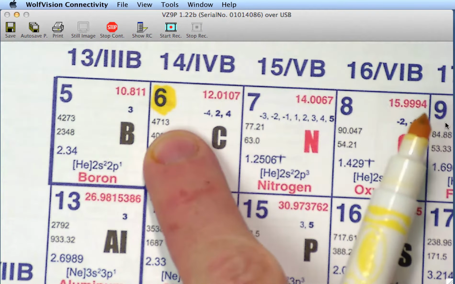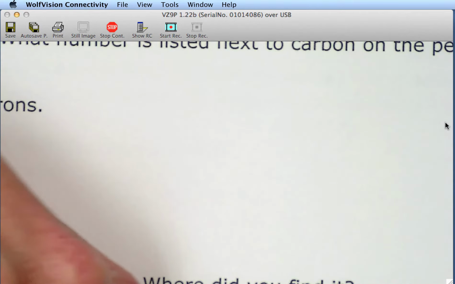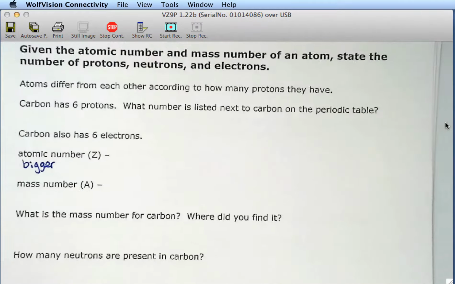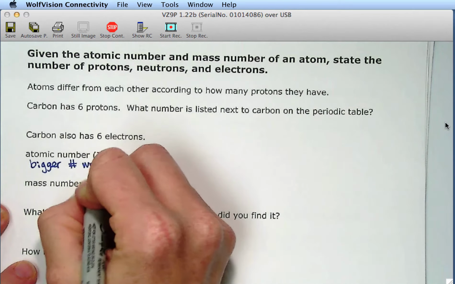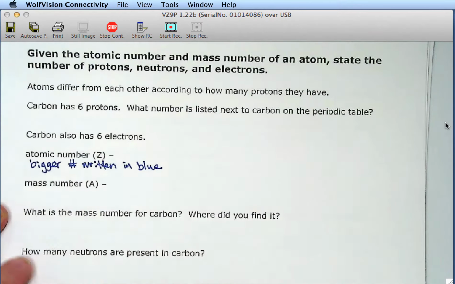That is carbon's atomic number. So carbon has a 6 next to it. That is the atomic number. So I'm going to put it in the bigger number. I'm going to zoom out so you can see what I'm writing. Bigger number, written in blue. The atomic number